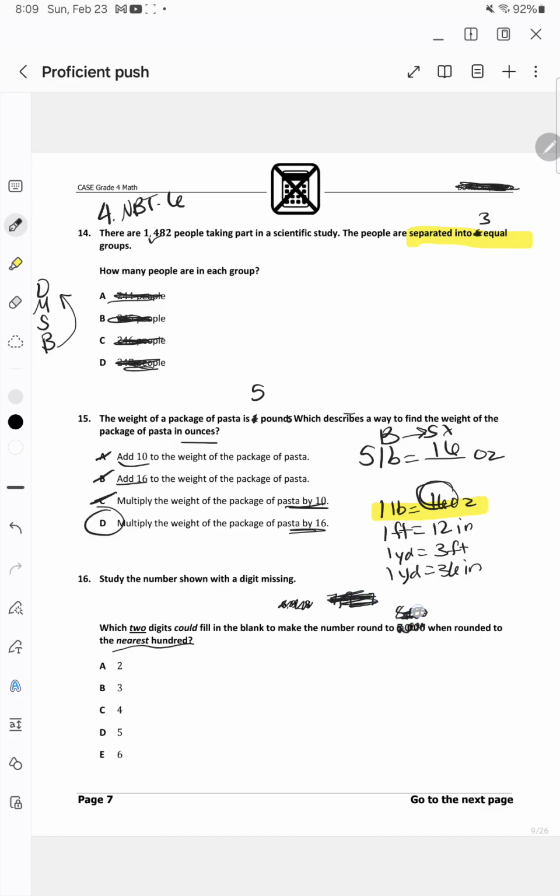Or better yet, instead of 8,000, I'll say 800, because the same rule will apply no matter what. So instead of round to the nearest 100, it's round to the nearest 10. So what number would be in this place? Now here's the rule: 5 or more. You know what, better yet,